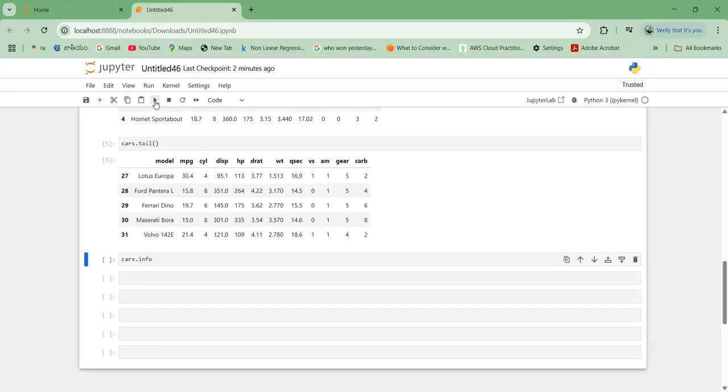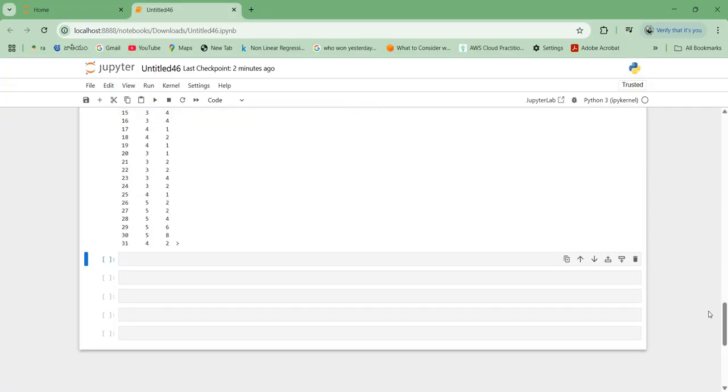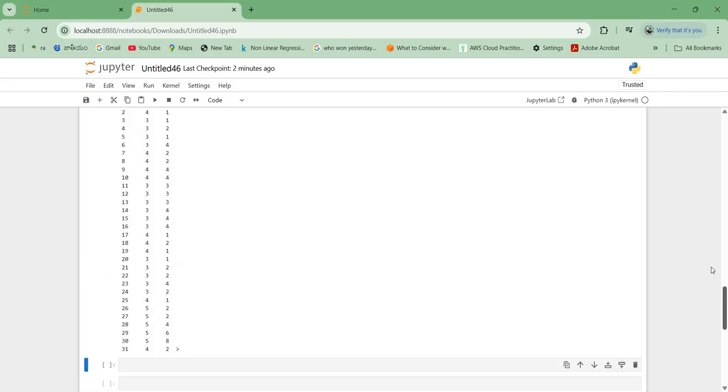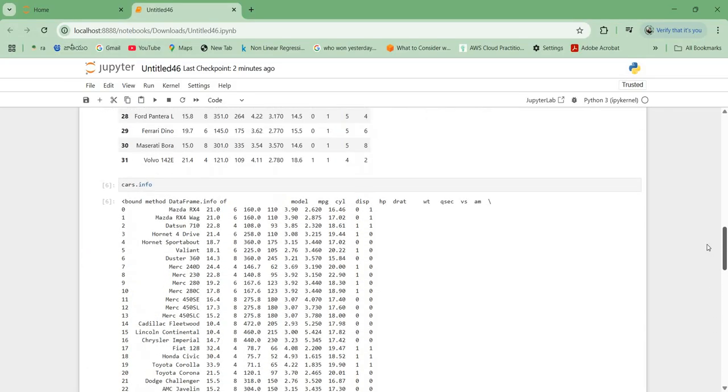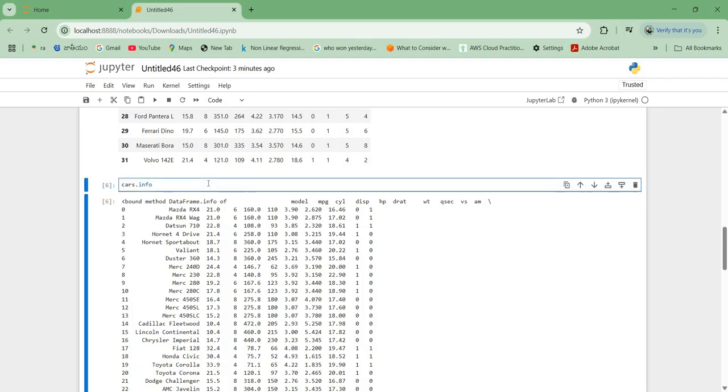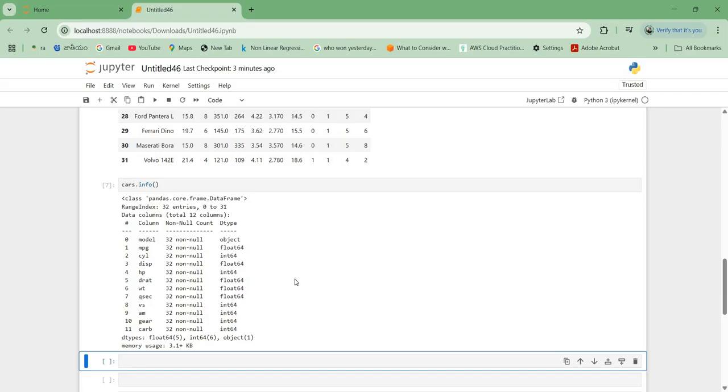Yeah, cars.info is giving some kind of information. See here how many entries there are, how many non-nulls there are, and what the various kinds of